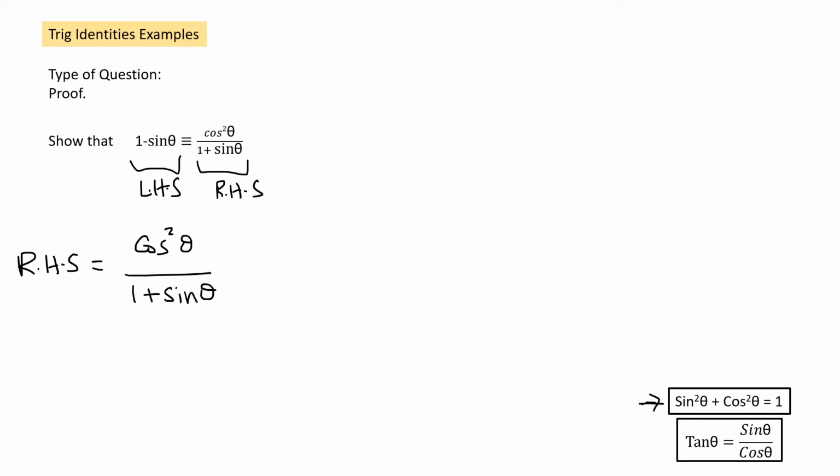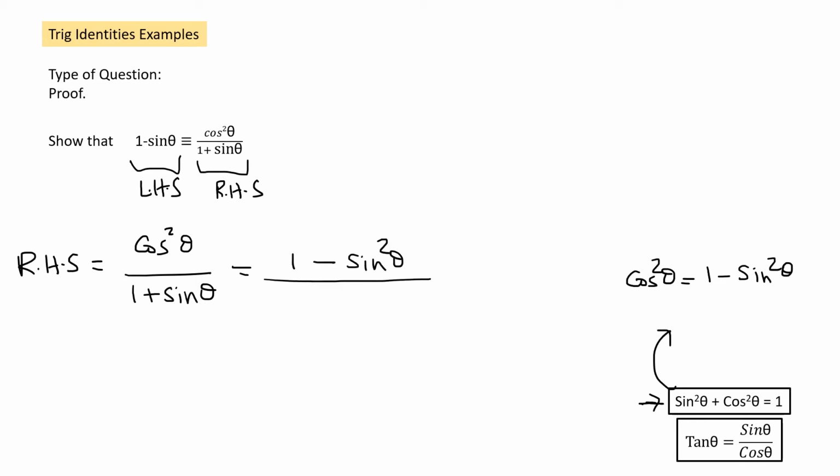Sine square theta plus cos square theta is equal to 1. So if we rearrange this, cos square theta equals 1 minus sine square theta. Okay, so what I can do, instead of cos square theta, I can write 1 minus sine square theta over